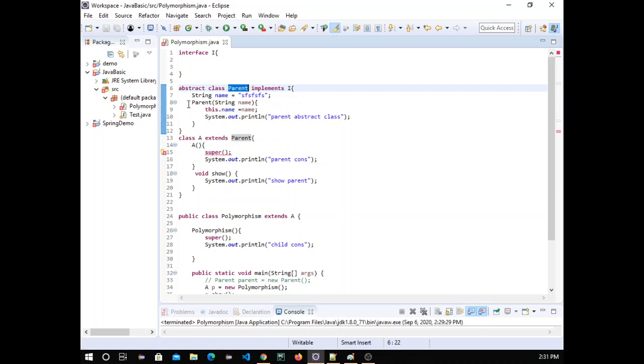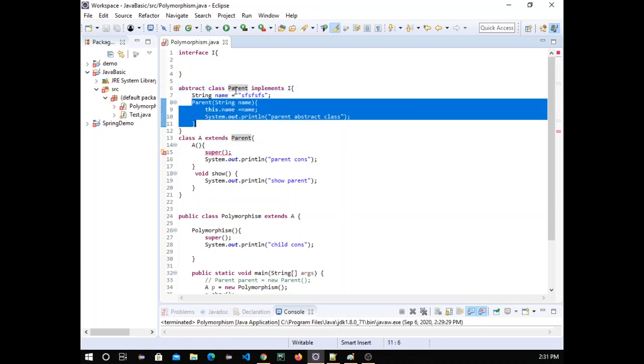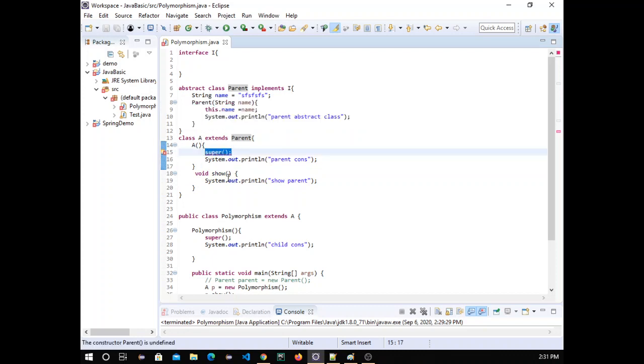That constructor is called from the constructor of its child class, which is A, and you can call it from super only. Even if you try to call it from outside of a constructor, it won't work, it will throw an error. So this is the concept of constructor chaining, how it works.